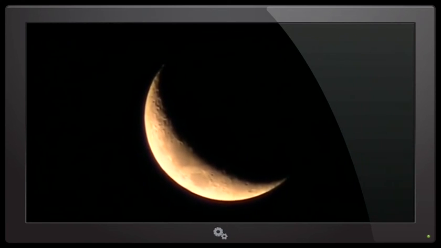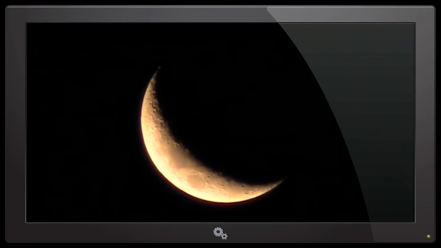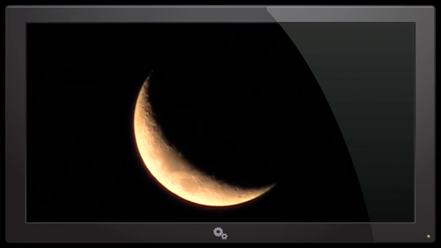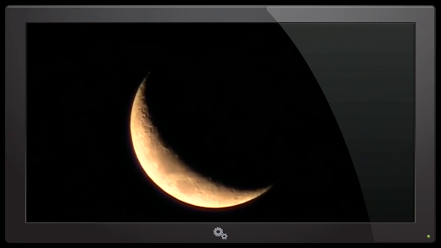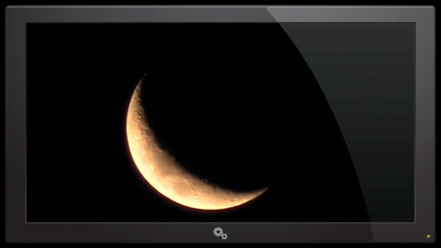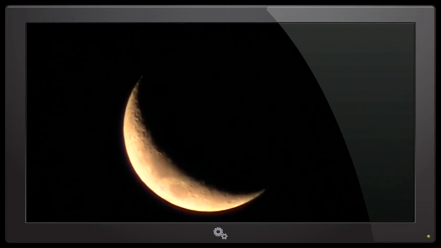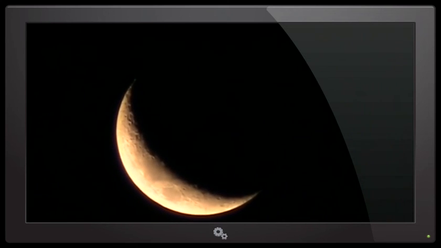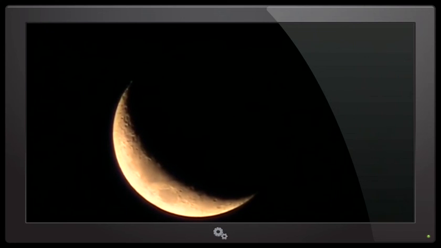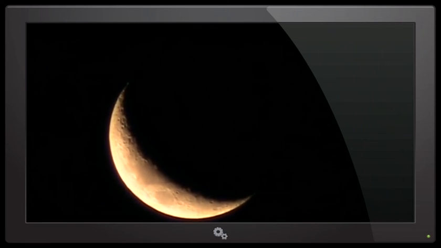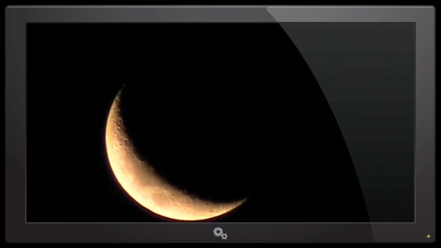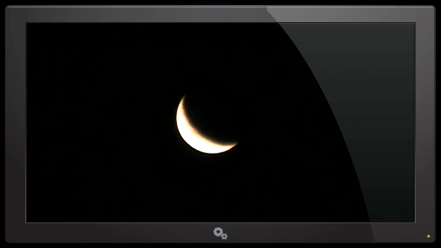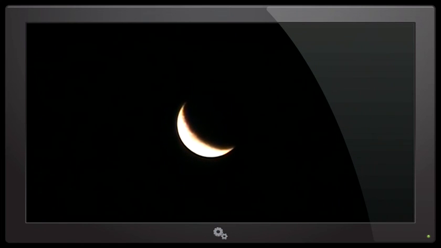Today is Sunday, the 21st of June 2015 at 6 PM local time, New Zealand. And as you can see, I'm zoomed in on the moon, and I've got the camera set to manual focus and manual exposure. So the moon's phase is just a couple of days old today, and what I'm going to demonstrate in this video is how changing the exposure setting on the camera will cause the moon to look a lot thicker than it really is. So first of all, I'm going to zoom out because this effect will be more obvious if I do. Okay, so that is with the camera set correctly with the manual focus